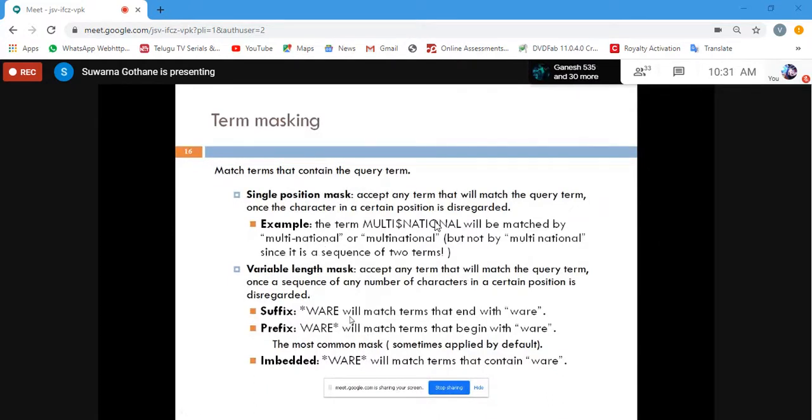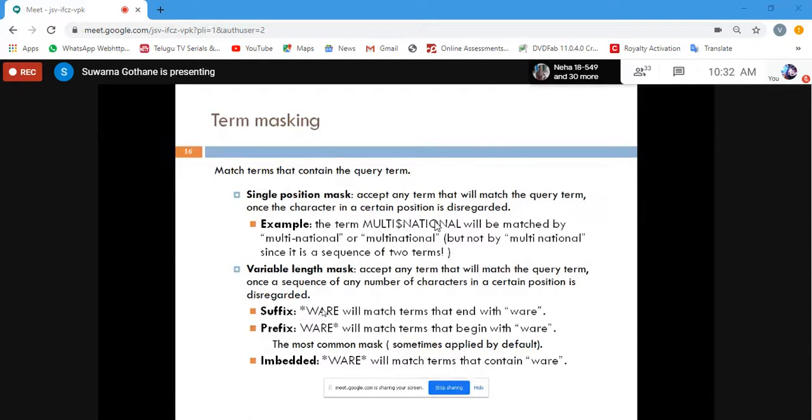Okay, so this variable length has been categorized under three categories: suffix, prefix and embedded. Suffix will match the terms that end with "where", for example hardware, software, microware or dataware.